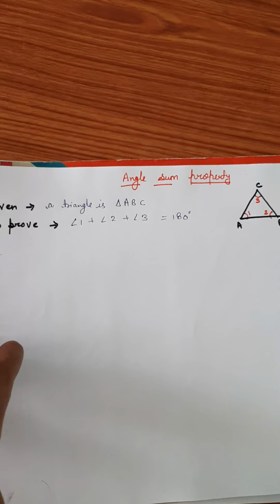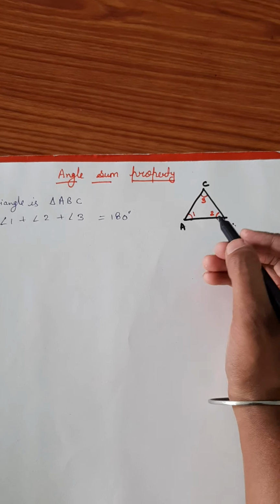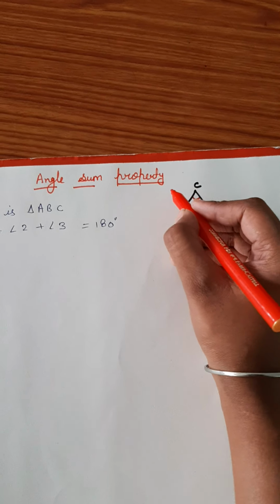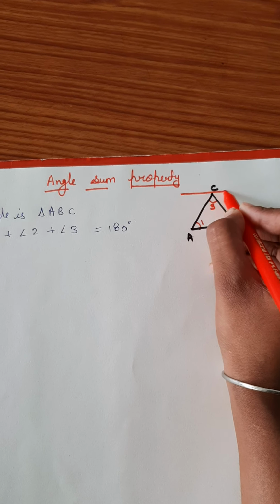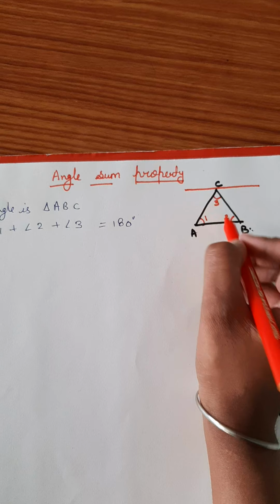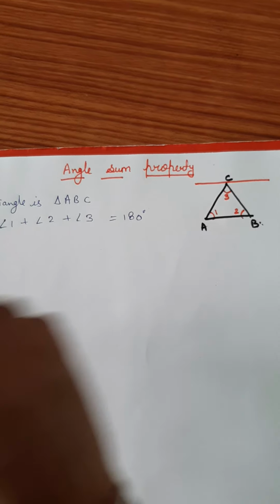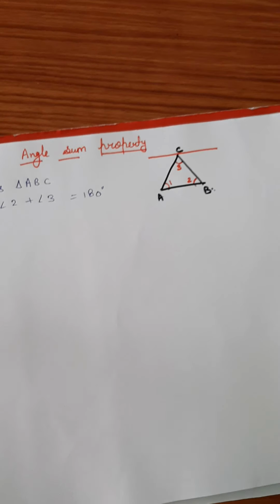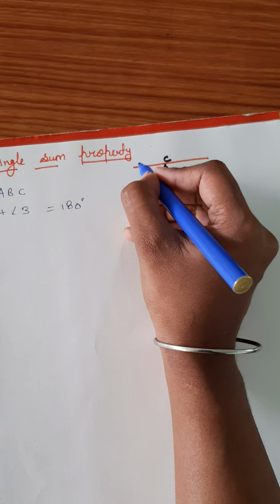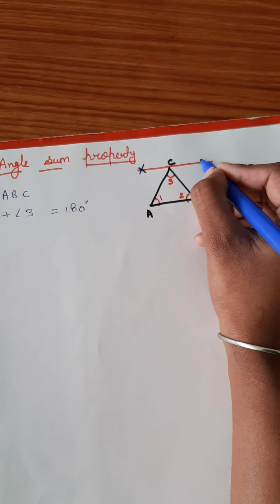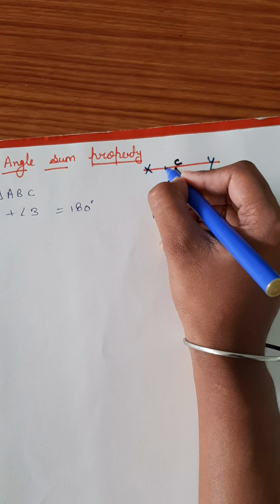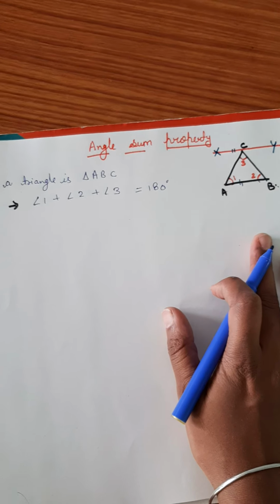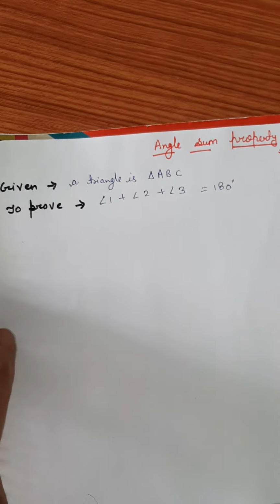Then after that, the construction. For proving we have to do some construction here. And what construction am I doing here? I draw a line from point C. When I draw this line from point C, this is parallel to AB. This line is parallel to AB. I am writing the name of this line as X and Y. This is the X and this is the Y, and this line is parallel to the AB line. We are constructing this XY line. So what point do you have to write here? Construct.